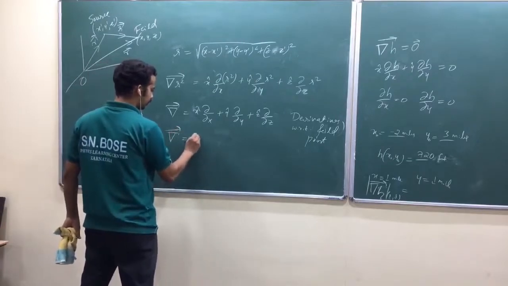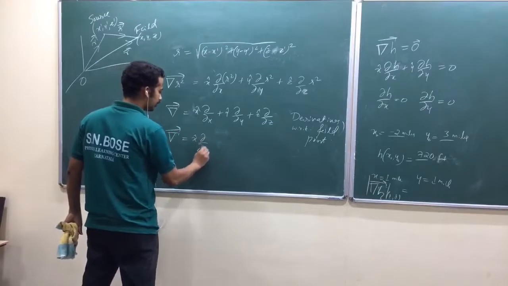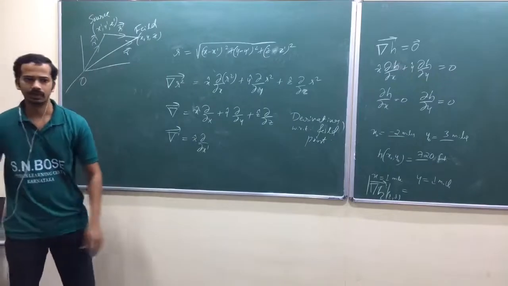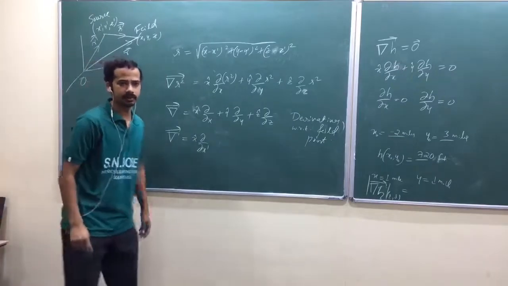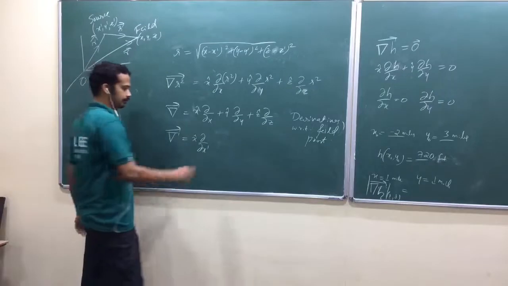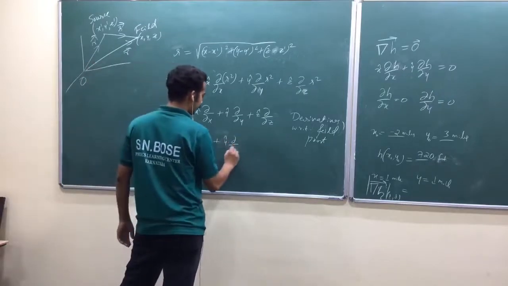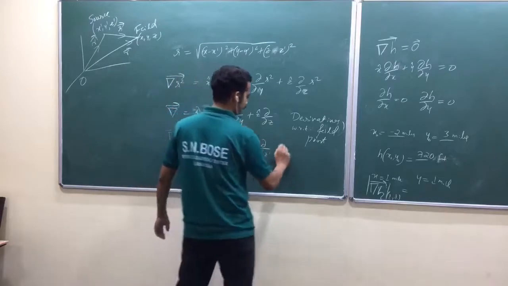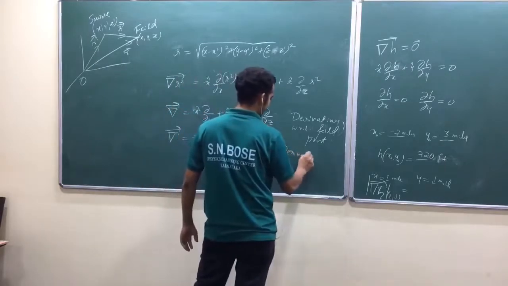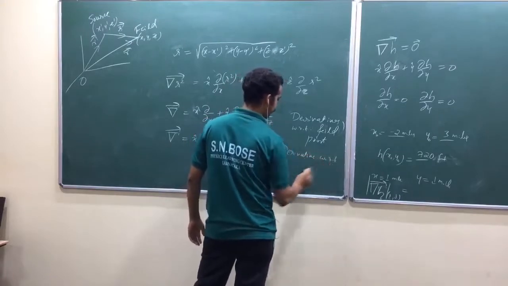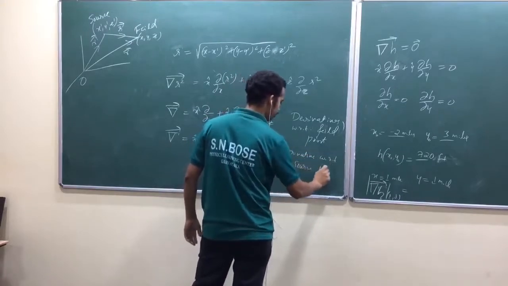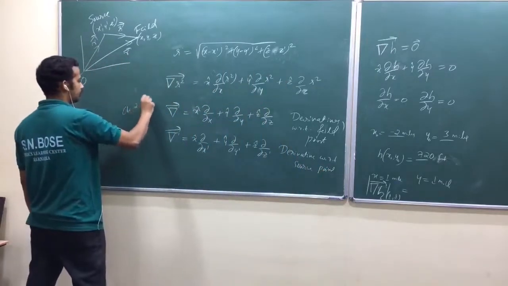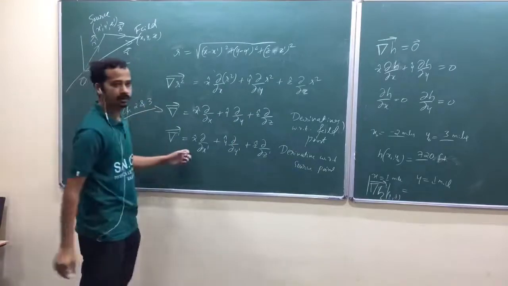Along with this one, define this one also. What is this one? x cap dou by dou x prime. I think you don't have to put prime on the cap here, because once you choose the origin, that x cap, y cap, z cap will not change. That's your choice here. So now, plus y cap dou by dou y prime plus z cap dou by dou z prime. Derivative with respect to the source point. In chapters 2 and 3, we will never talk about this one.